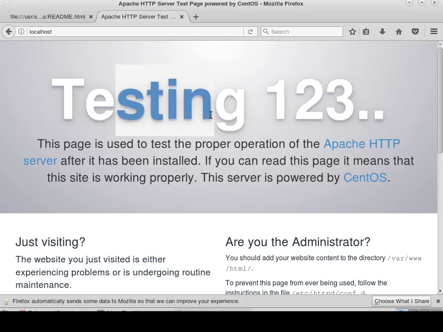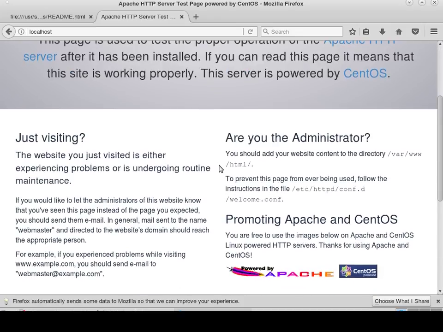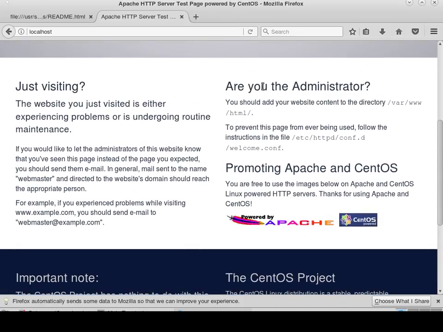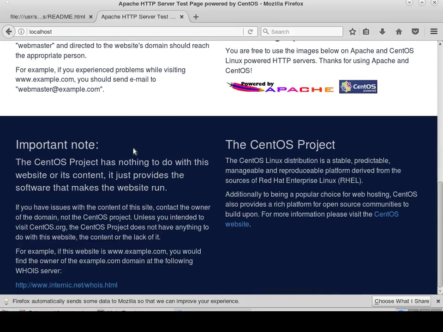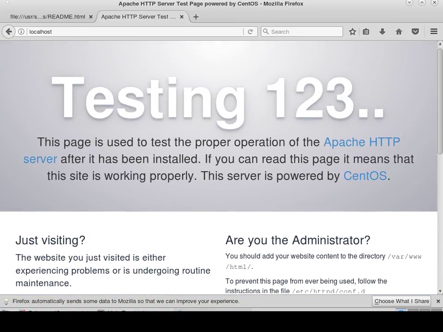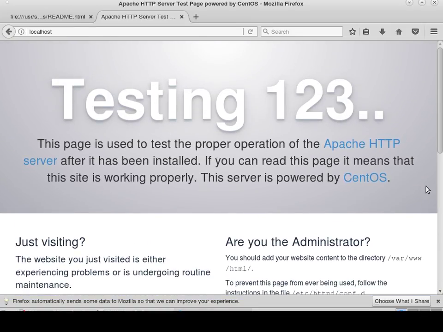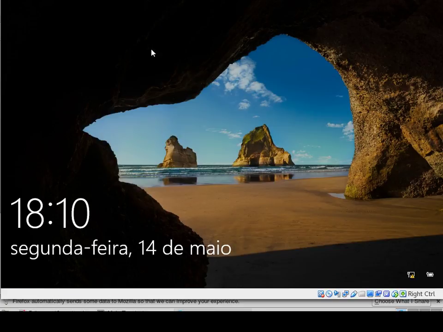This is the default web page of HTTPD of Apache, and this is where you can go. And look, you can visit your content website here. This is where you have the configuration. This is the file, the virtual host that is responding to this interface. And if you go to the client,